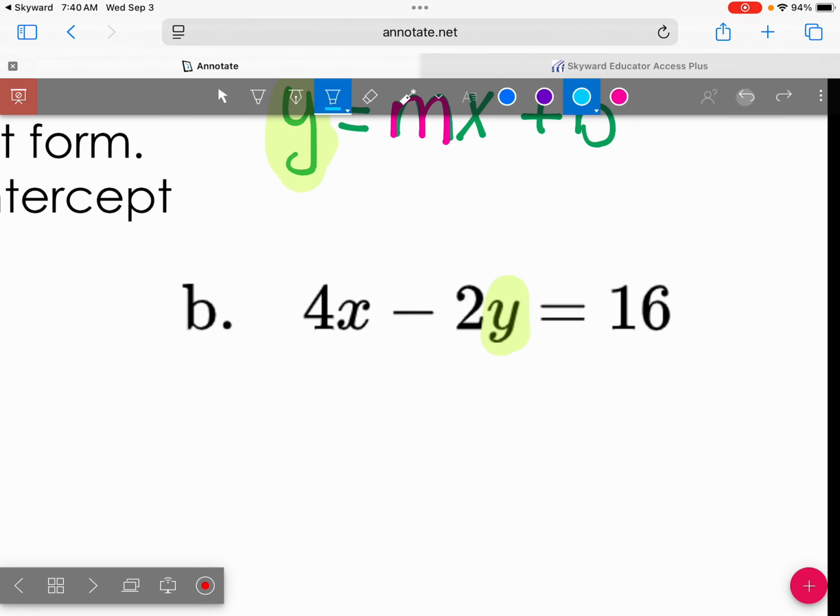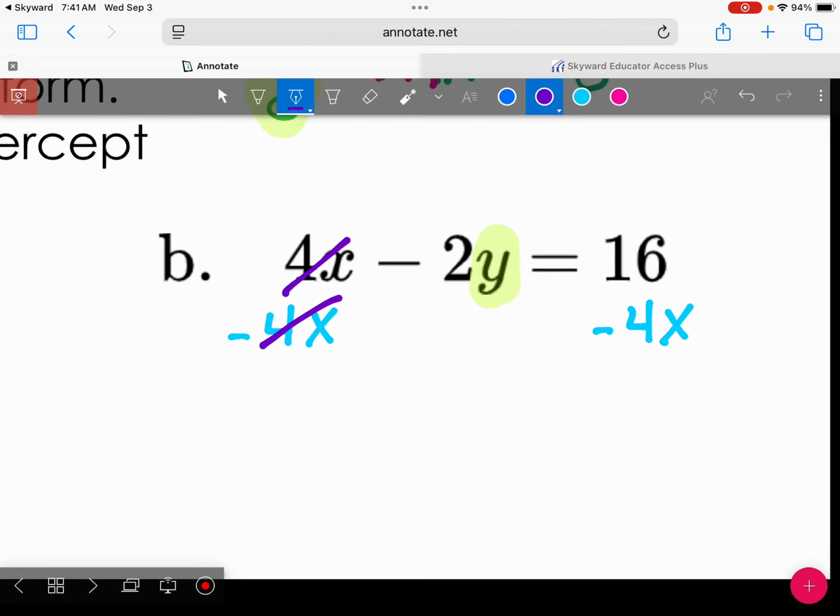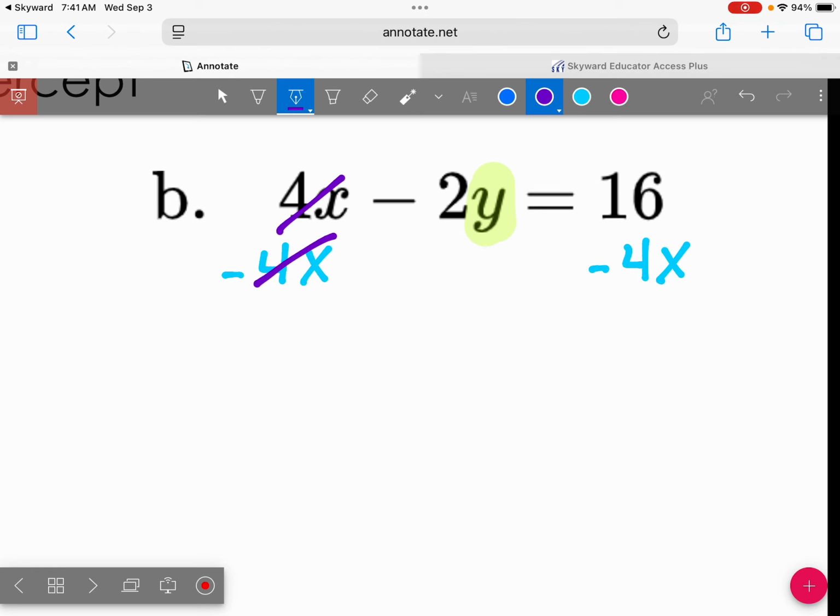So, let's help if I use a pen. I'm going to minus 4x from this side because I really need you to get away from y. You two are problematic together. Go away. So we're going to minus 4x from both sides. These guys are going to go away. That's the whole point of it. But we're still left with our minus 2y